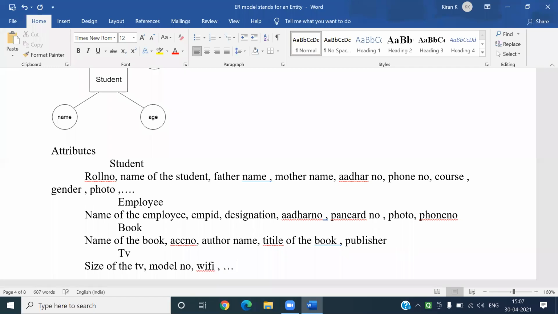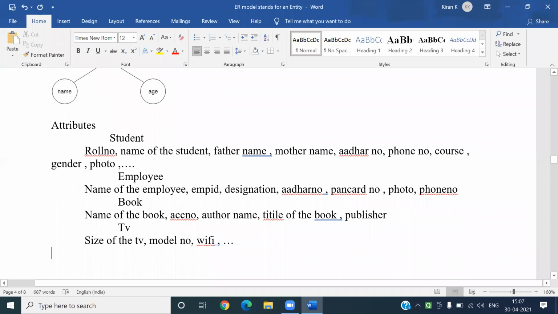All these things come under TV attributes. So these are called attributes of a TV. Likewise, anything can be defined with attributes.